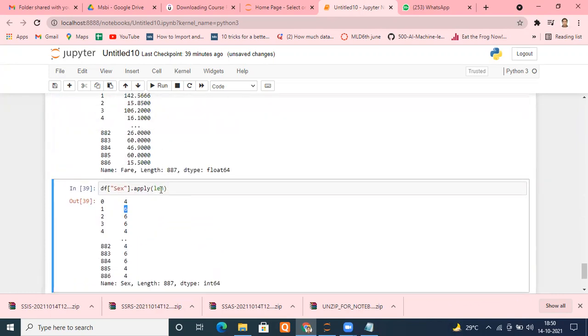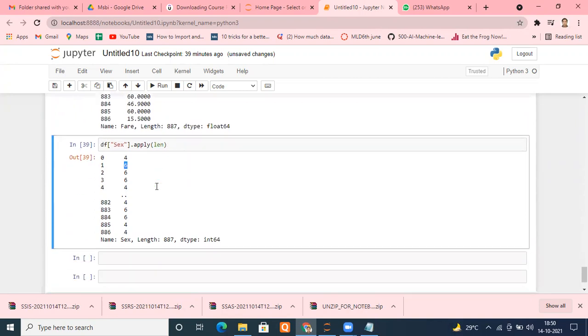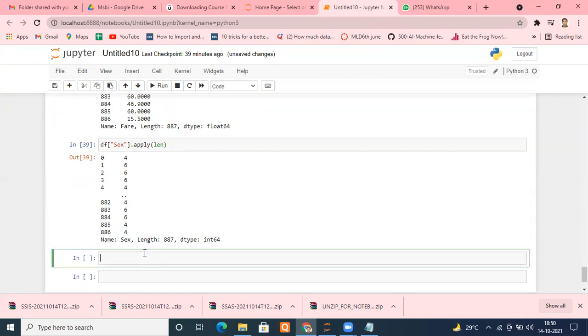So I can directly apply built-in functions as well. If these are available, just pass them in and they will directly be applied. You can easily use that. There are several other functions also which you can use very easily. For example, we want the sum of fares. I want to do the sum of all the elements. I can easily do that.